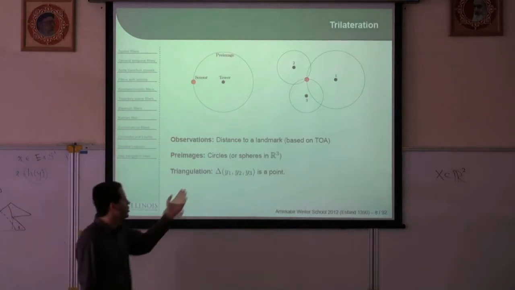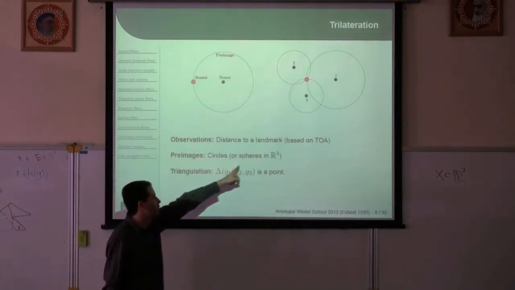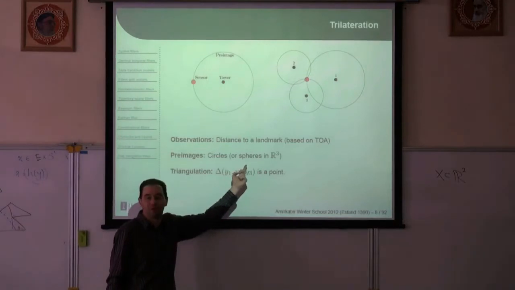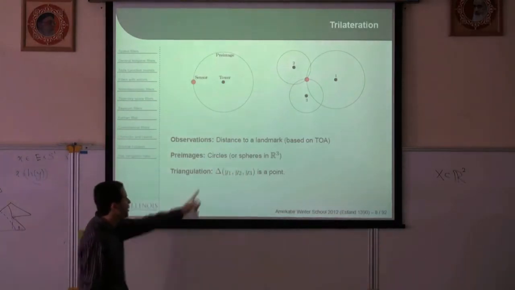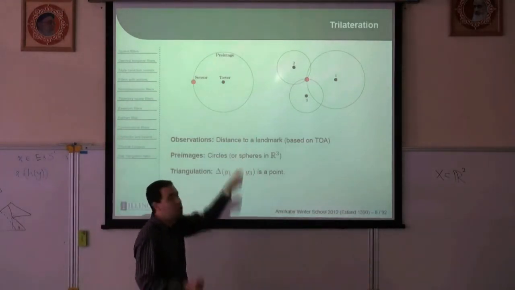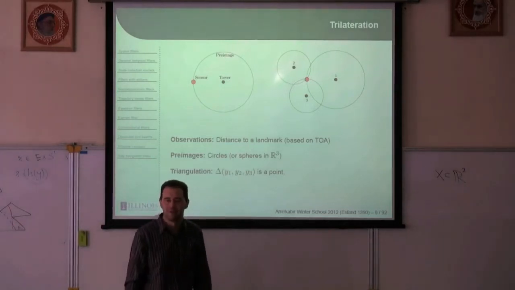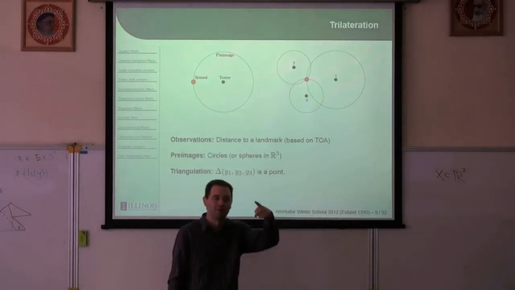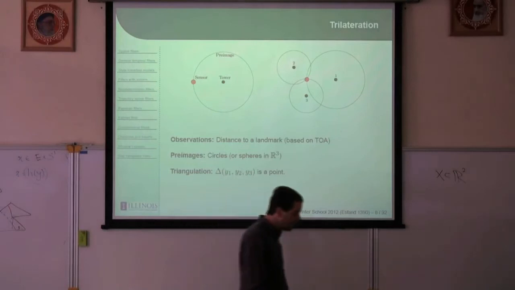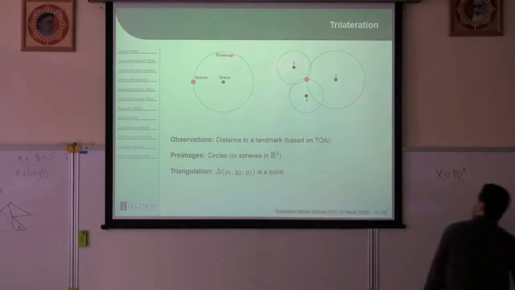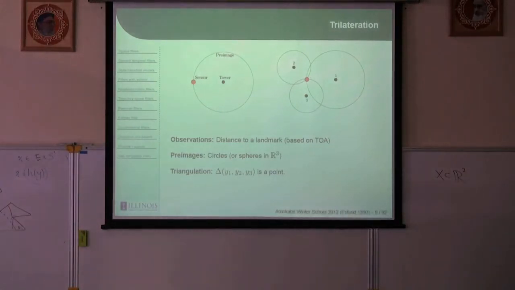The pre-images are circles, or in R3, if we made a three-dimensional version, they would be spheres, right? And then triangulation is just that. If I use only two circles, what happens? If I have two sensors, I just get 2 points, right? Generically, in general position. And then if I get three, I now know exactly what point I'm at after intersecting